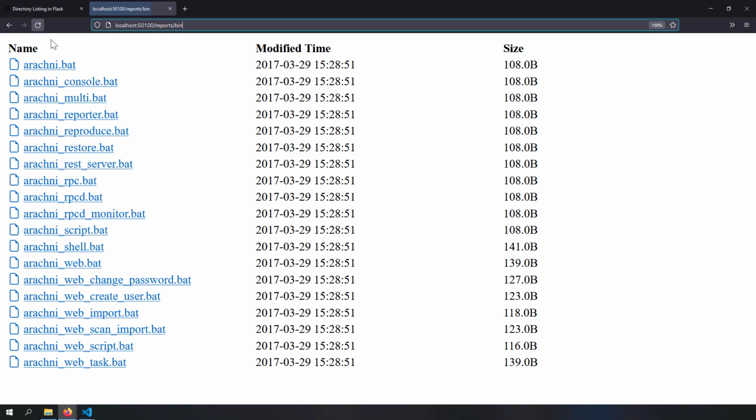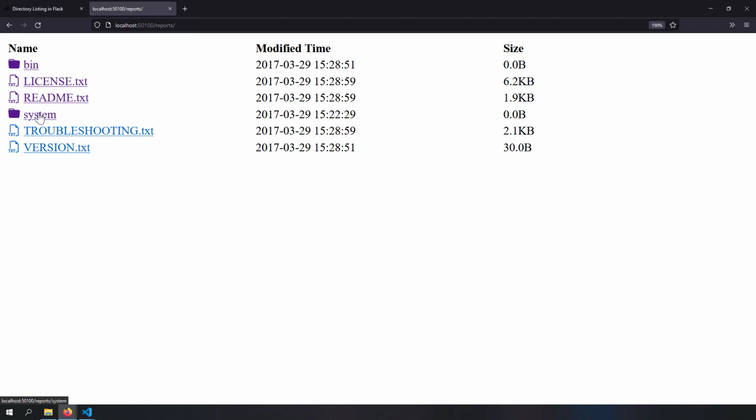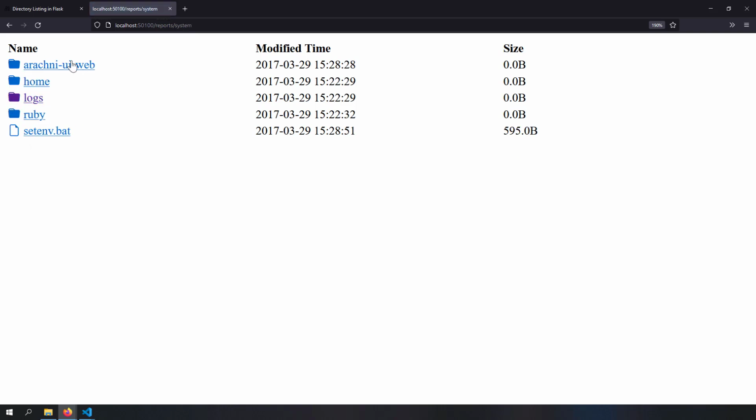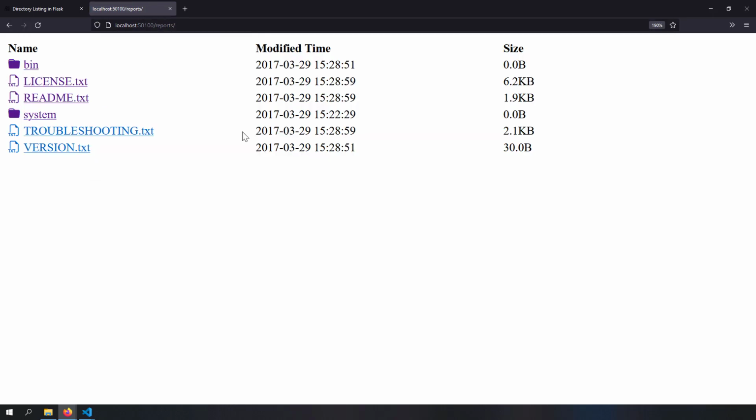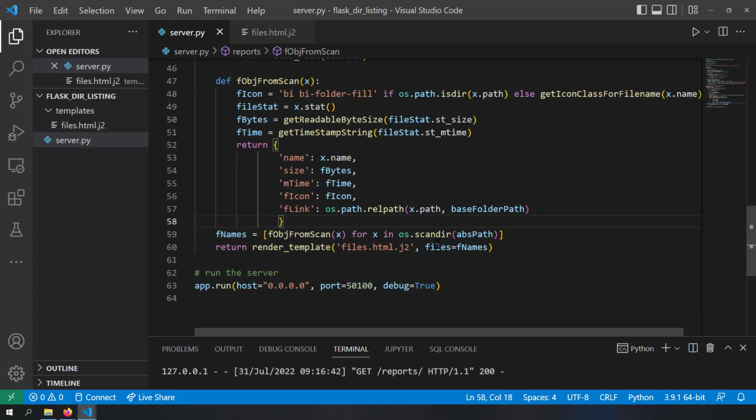Let's reload our output, and you can see /bin contents are being displayed. And if I go to the reports, the main contents, and if I go to the system folder, /system folder contents are being displayed. But if I want to go to the parent folder again, I have to use the back button, or I have to remove this manually and show the reports folder. But I can give a link to the parent folder here so that the user can easily navigate inside the page itself, right? So for that, I'm going to create a link in the backend for the parent folder